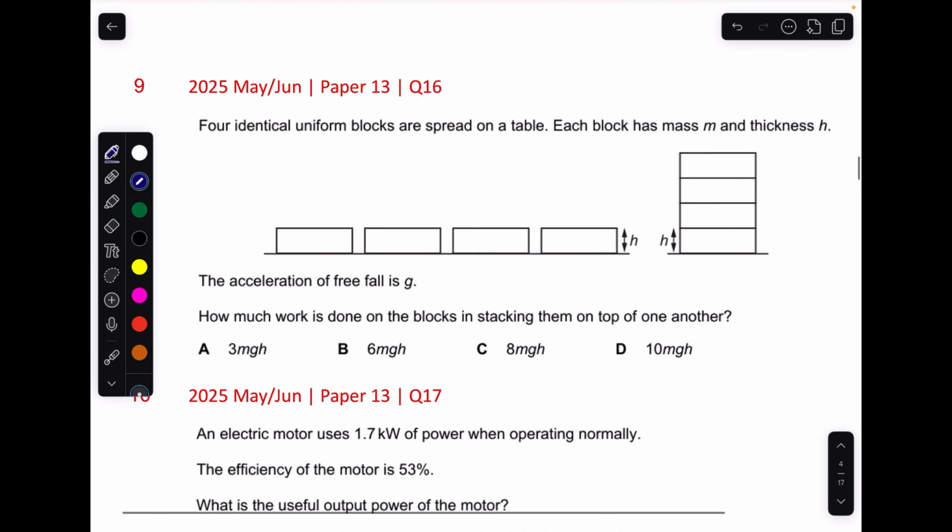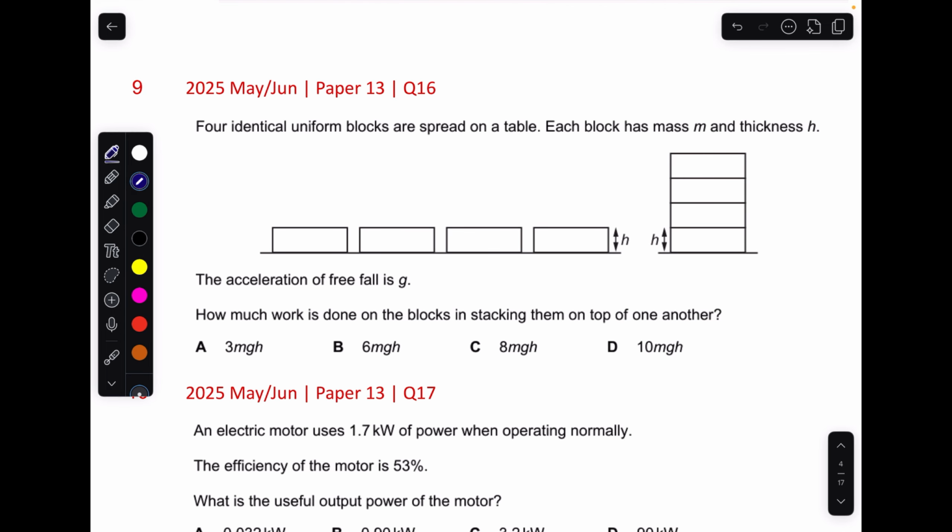Okay, in the next question, four identical uniform blocks are spread on the table. Each block has a mass of m and a thickness of h. How much work is done on the blocks in stacking them on top of one another? Okay, so you have to place them in this way, and they are originally like this. I've shown it there. Okay, so the first block is there. You don't have to move this one. What you have to do is stack this one on it. Okay, so when I'm going to place this thing